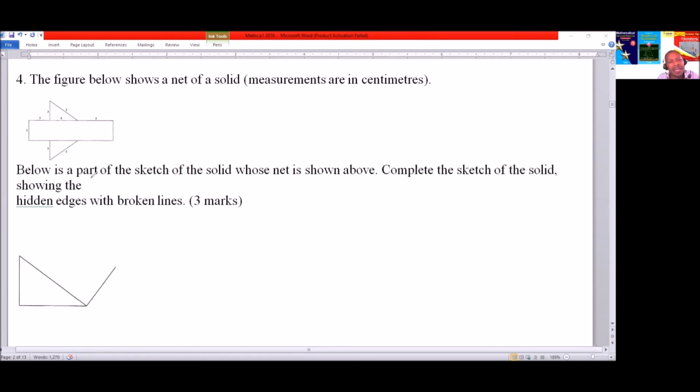The measurements will guide you. If you look at this side, this is 5 centimeters, this is 5 and this is 5, meaning that distance is the same as that. So we can say this side will fall onto that. The same case applies here. This is 5 and this is 5. So it means this side will fall onto this one. This is 3